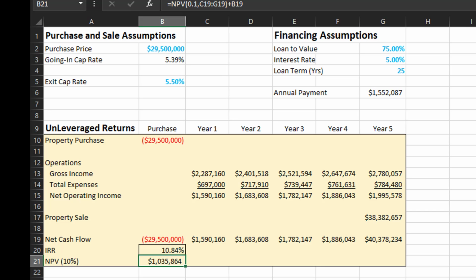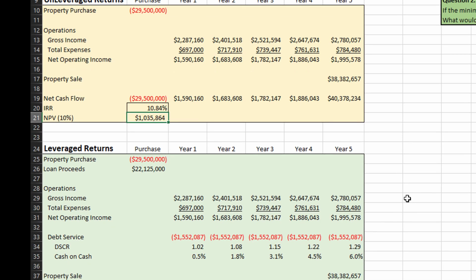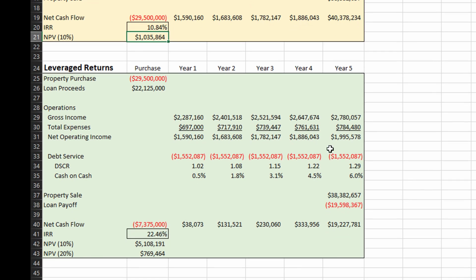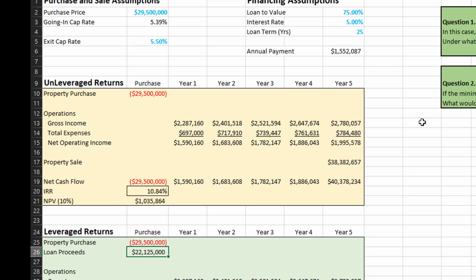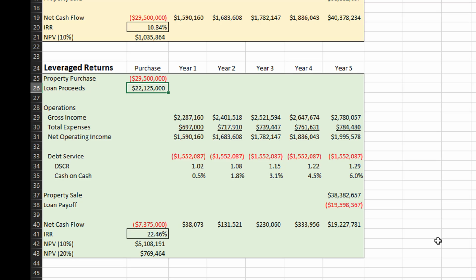Now what I want to look at is adding in the leverage. So let's scroll down here and try to keep in mind some of the assumptions. The loan proceeds, we're going to get the purchase price times the loan to value. So again, the loan to value is given up here, 75%. That's what that formula is doing, taking the purchase price and then multiplying it times 0.75. And there is a flip sign in there to show that our proceeds are basically the bank giving us $22 million. So that flows down to the bottom line. Our net out of cash is $7.375 million. That's what we have out of pocket in terms of the cash flow for that purchase price.